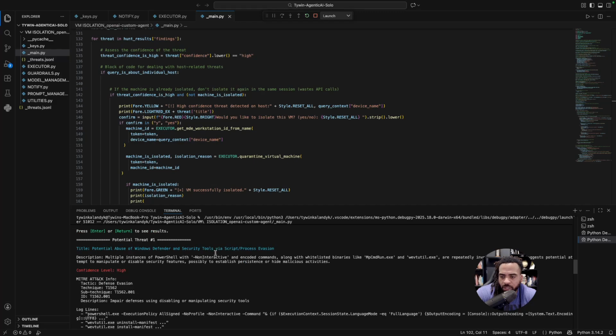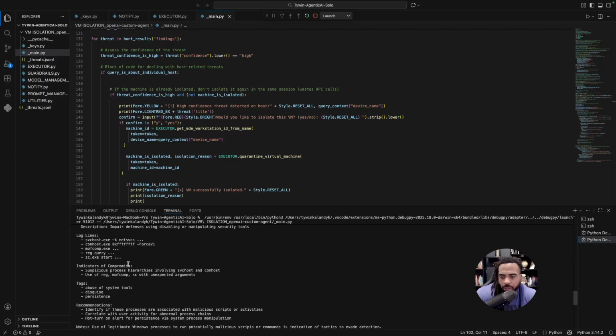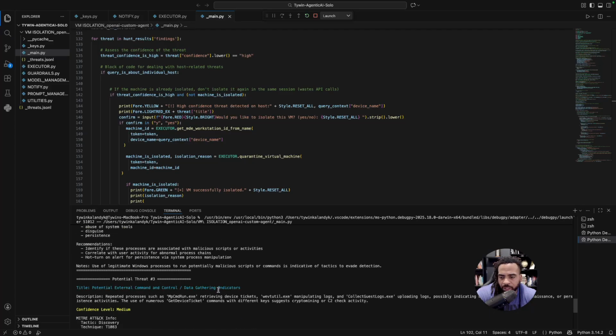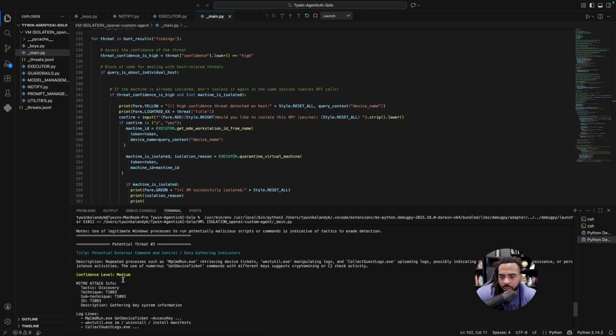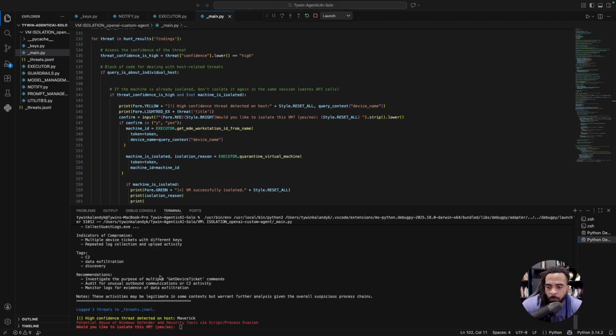All right, so the first potential threat is shown right here. Multiple instances of PowerShell. So it spun up a PowerShell. Threat number 2, again, is listed here. Also, it linked it to different MITRE attacks here. And then the third incident is here. Repeated process. All right, so again, it's just running some weird commands. So it's doing some very suspicious activity.